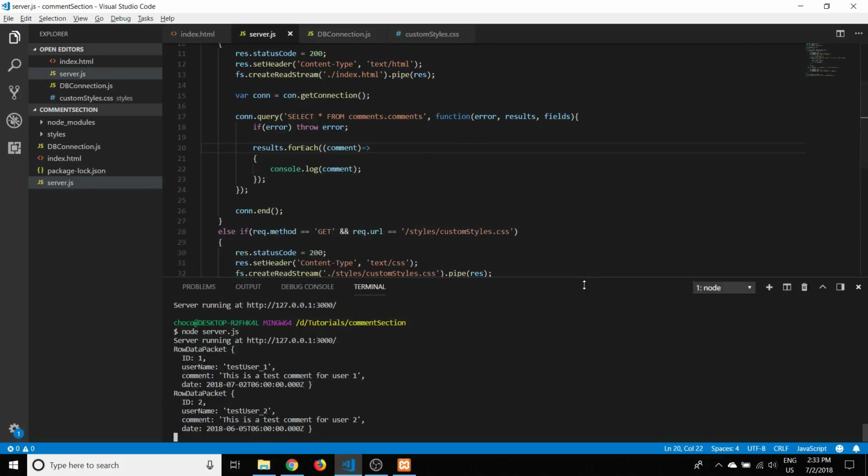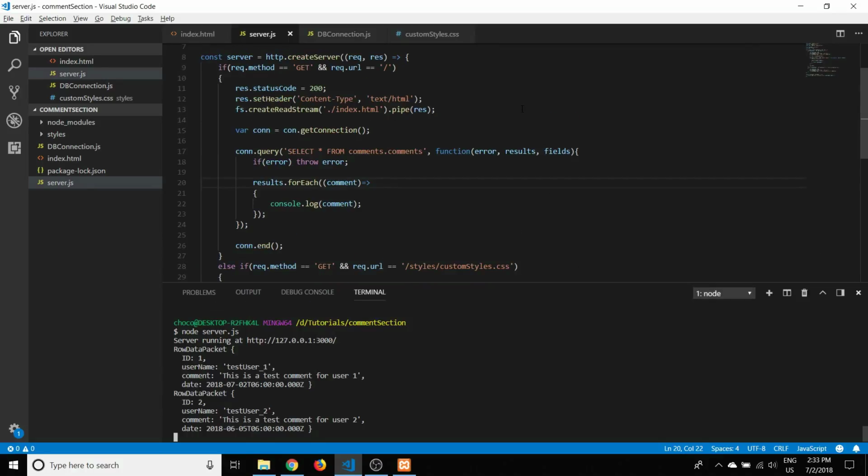Okay, and then as you can see, it returned. So basically what happened here is first it returned our index.html page, which is this. And after it did that, it went ahead and made a connection and queried our database with this query. At first we threw an error because I misspelled forEach. But then we didn't throw any errors because I corrected that spelling mistake. I guess the error actually didn't come from here. It probably came just from here. And without the error, we went through each of the comment rows, or the comment, in this results array and